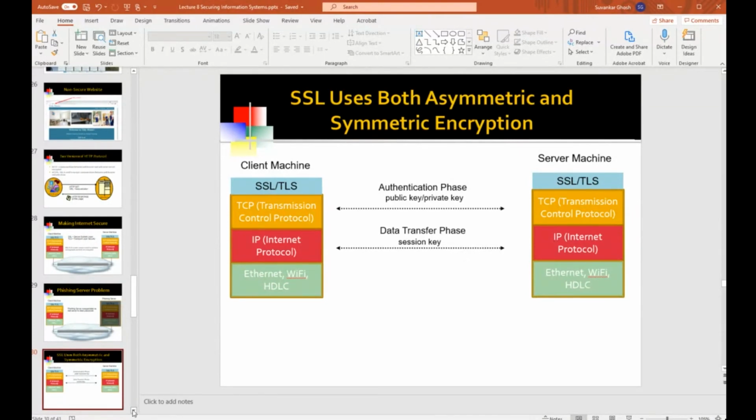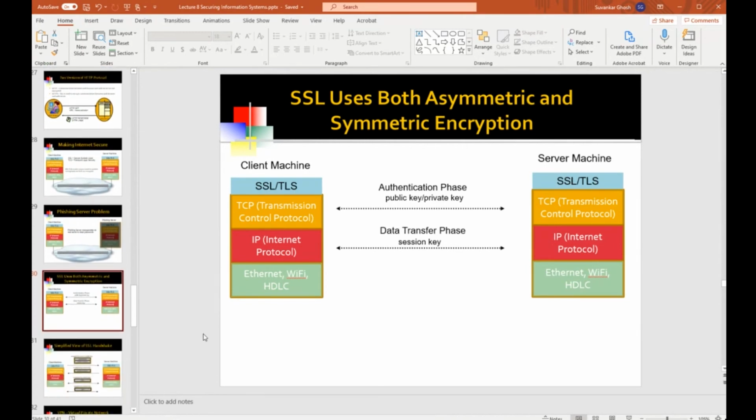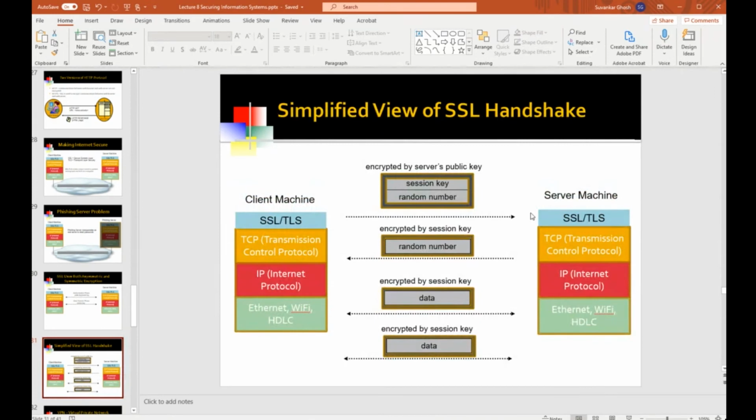So there's a handshake that goes on between the client machine and the server machine, where all this authentication is happening. I've provided here a somewhat simplified view of the SSL handshake. It's somewhat more complex than this, but this is the basic gist of what's happening.